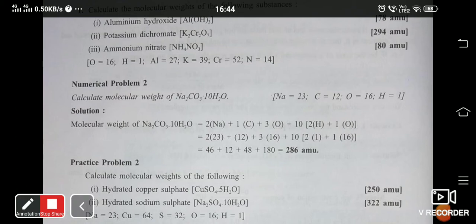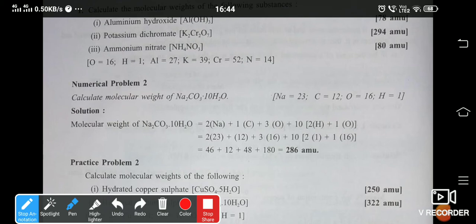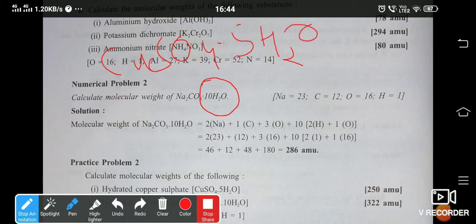Now the next question, if you see, it contains water of crystallization. Now those who don't remember what is water of crystallization: the extra water molecule associated with the compound which can be lost on heating is called water of crystallization. We learned this concept with the help of copper sulfate. Copper sulfate actually is white in color, but as it absorbs moisture in the laboratory, you can see copper sulfate is blue in color. And copper sulfate in the laboratory is CuSO4 dot 5H2O. This dot 5H2O is the water of crystallization.